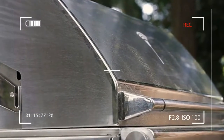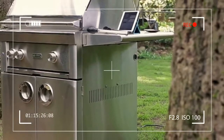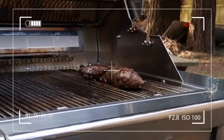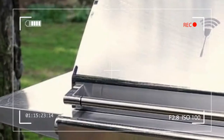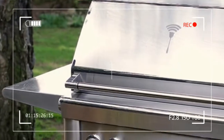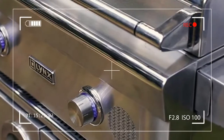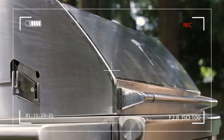The Lynx SmartGrill is an appliance, so the degree to which you must involve yourself in the setup process will vary based on where you purchase it. The SmartGrill is available through a number of dealers and contractors who will probably offer some sort of installation or enhanced delivery service. If, however, you purchase directly from